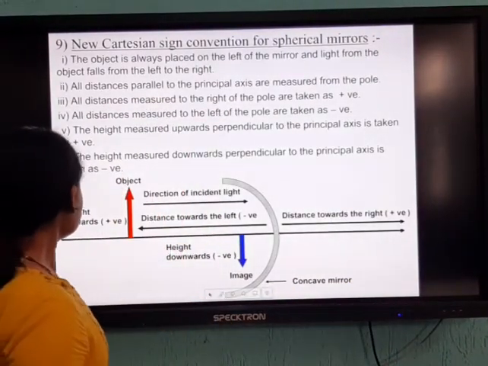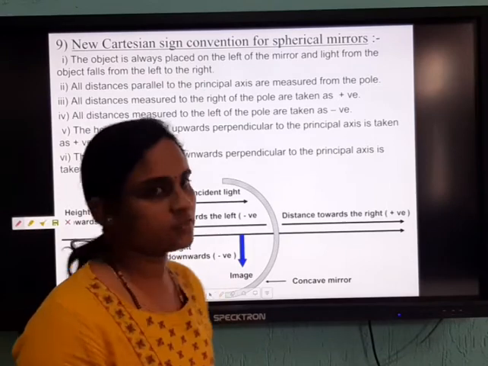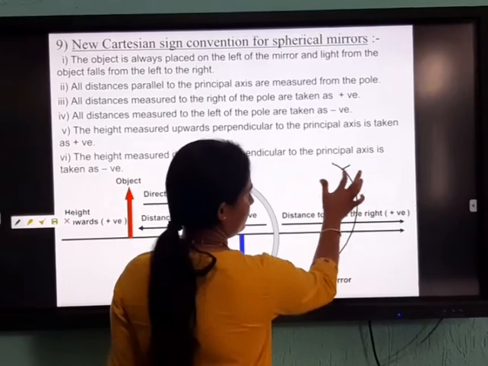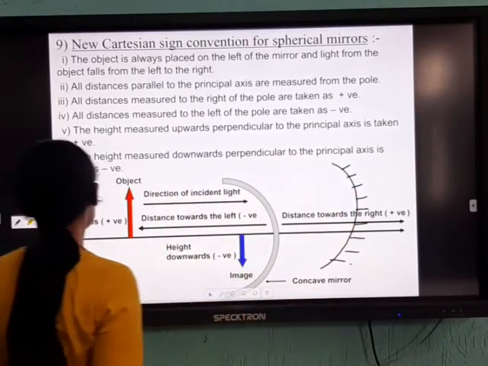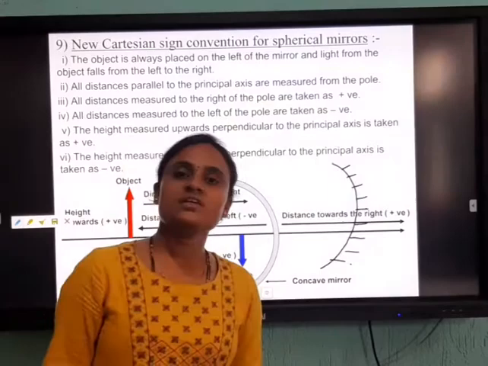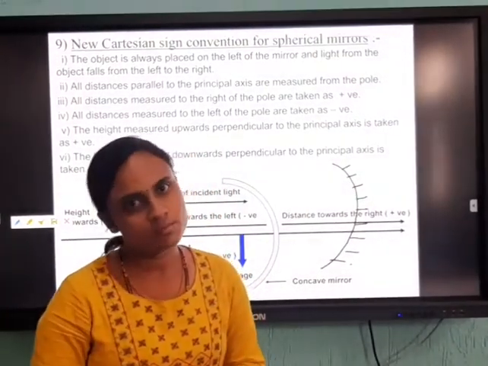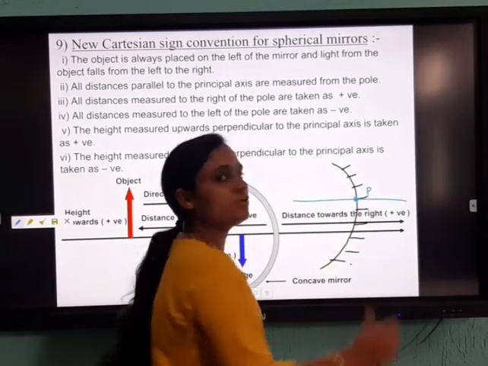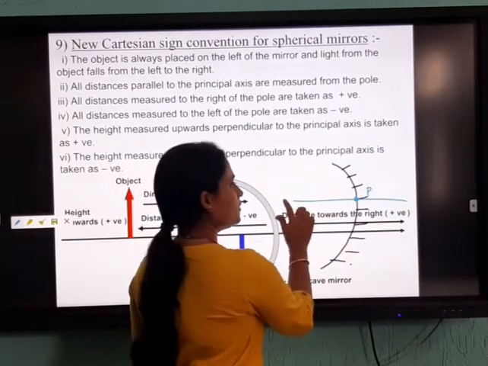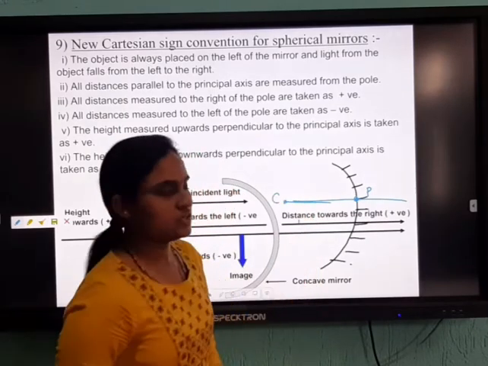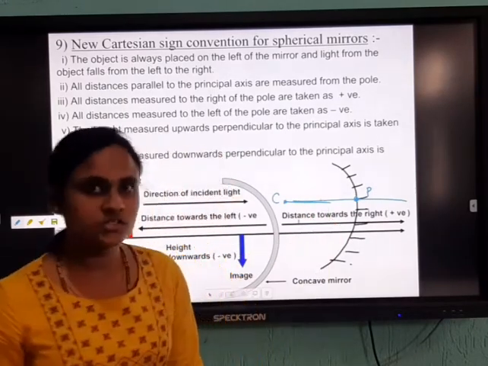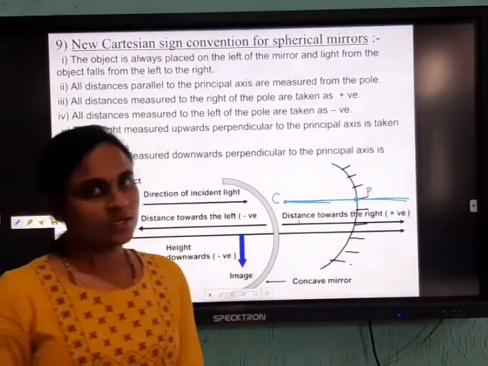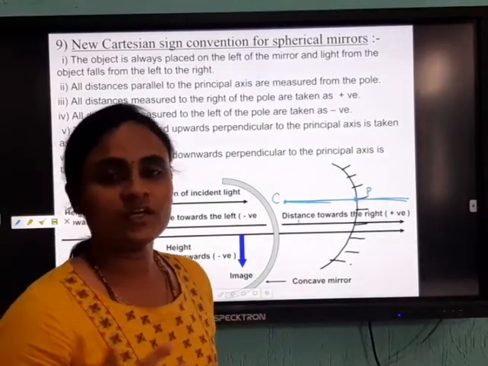How? Say you all know the mirrors, right? Concave mirror and convex mirror. So just identify one type of mirror. This is a concave mirror, right? Now the concave mirror means you all know the light rays converge at a point. So in this we all know the points, right? This point we are going to call the pole of the mirror. Then here C means center of curvature. Then comes F, right? These are all the points you know. And this line is called what? Principal axis, right? If you know these terms, there is no difficulty to solve the problems.